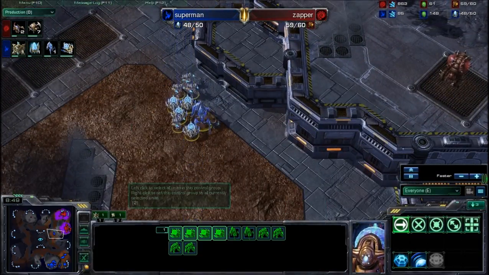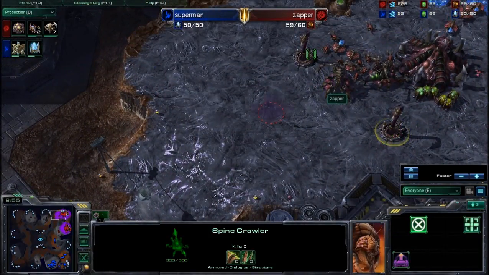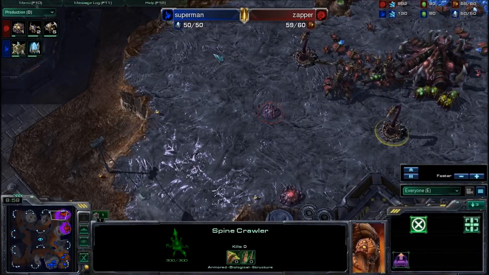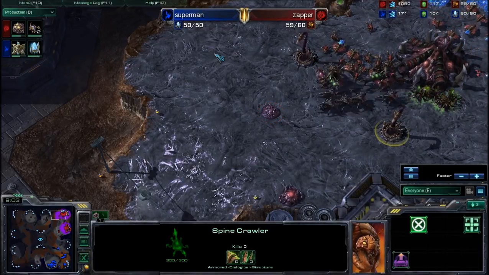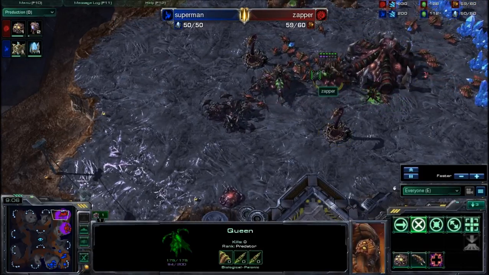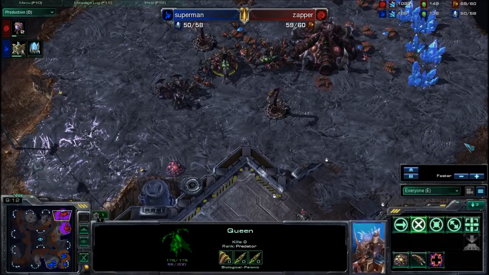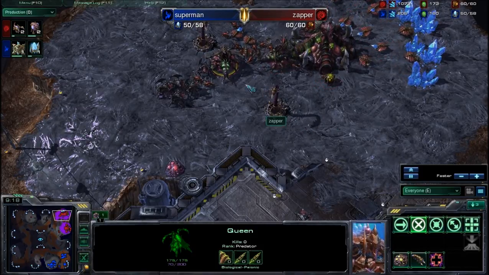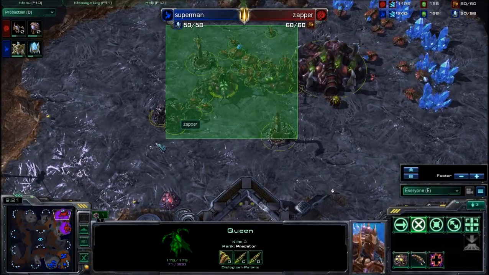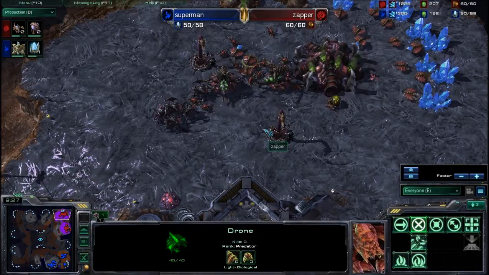Not to be arrogant, but this Roach Warren has finished for Zapper, and the 2 Spine Crawlers are always effective against any form of early pressure. Spine Crawlers are accessible. They're paired with a Queen, as Zapper has 2 Queens here. They're very difficult to penetrate early in the game, so smart use of the Spine Crawler Queen combination for Zapper, as he now has this Zergling Roach composition, along with 3 idle drones, of which I am not the biggest